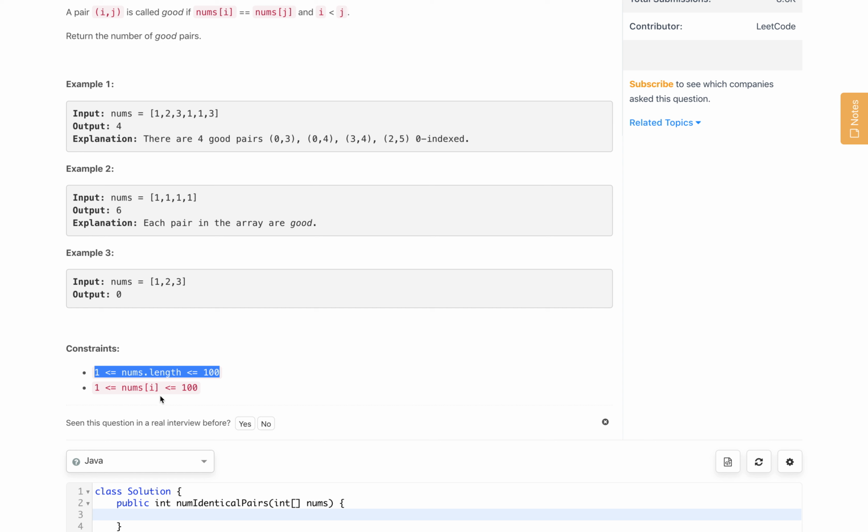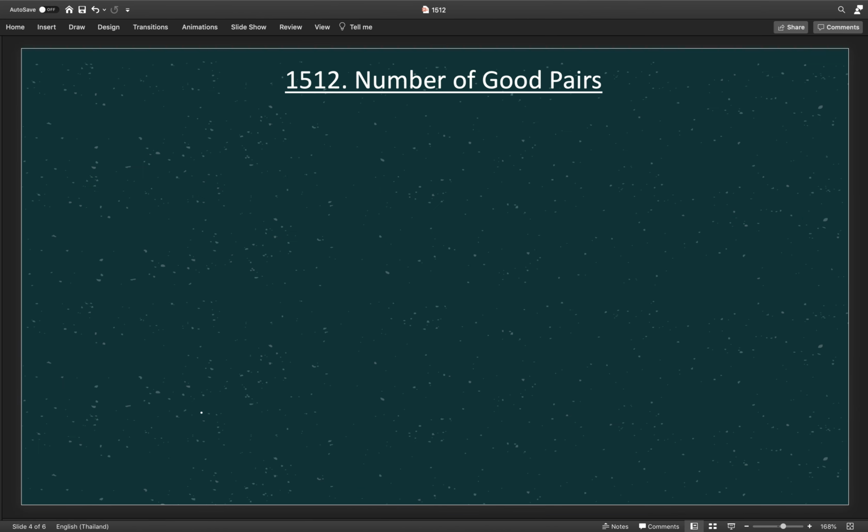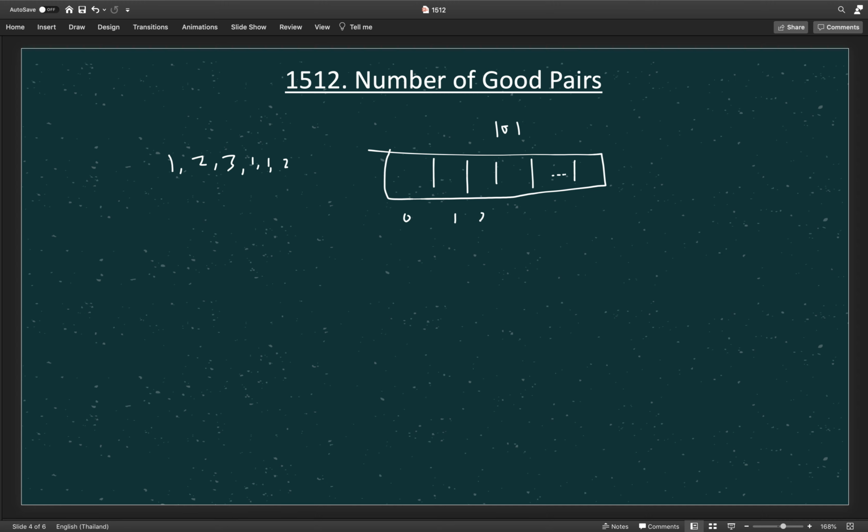So, if we store the numbers of I and count the frequency of the numbers, and whenever we find a new number, let us understand this again with 1 2 3 1 1 2. Let us say we take one array for all the numbers of I. We will take the length 101 because nums of I can be 100. Once we find the 1, we will check the value at index 1. So we will have this array for all the indexes, from 0, then 1, then 2 and so on.